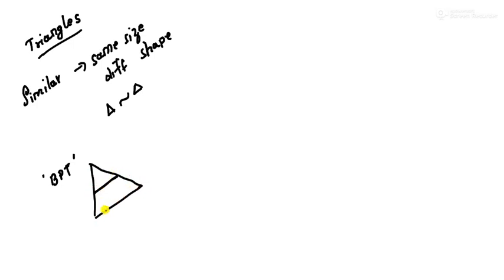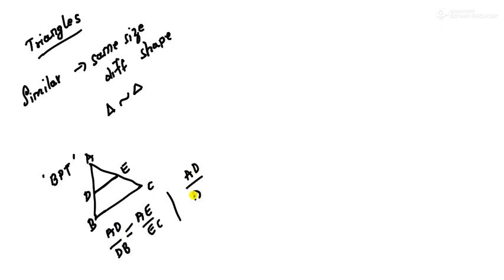See, if any side is parallel to another side like this, in this triangle ABC, and this is D, line DE is parallel to BC. So we can write two things. AD by DB will be equal to AE by EC. And second, AD by AB can also be equal to AE by AC. This is the first thing you have to remember. And this is possible when DE is parallel to BC. You can also write it like this: AB by AD equal to AC by AE. That is also valid.